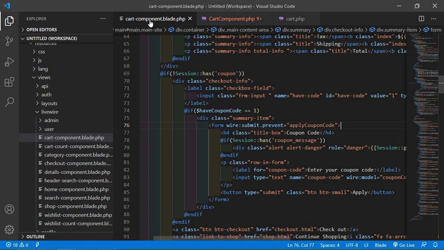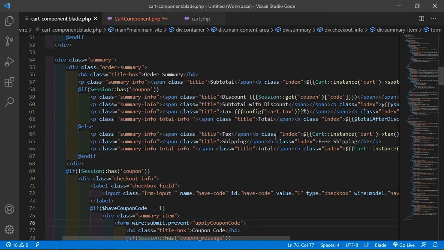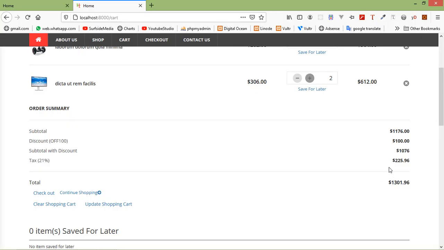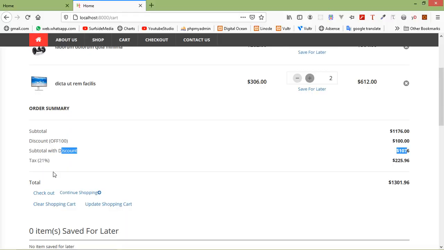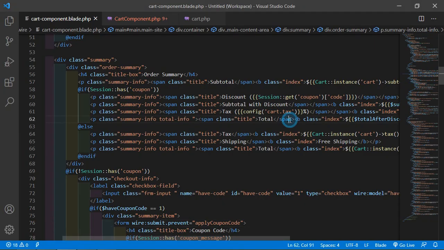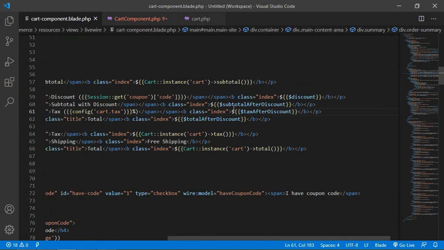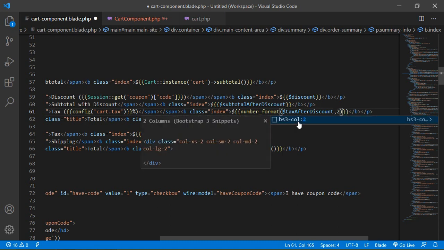So go to the cart component blade file, and inside the subtotal with discount value, before this let's add number underscore format, and just paste the dollar tax after discount, comma, and two decimal. Okay,